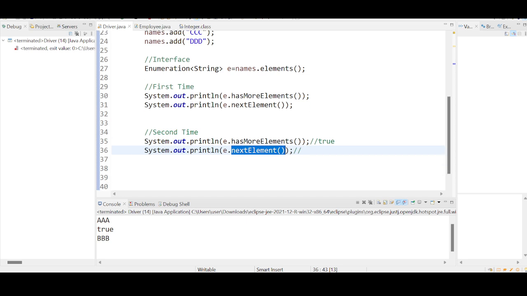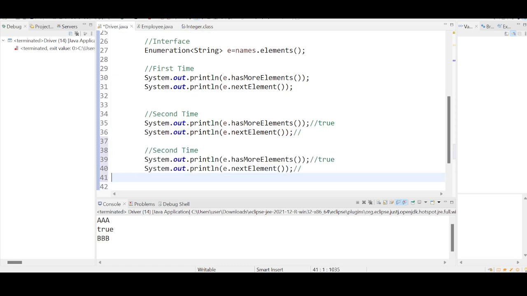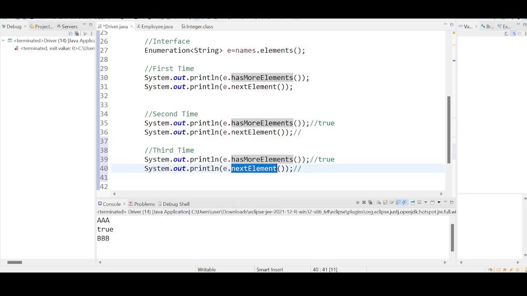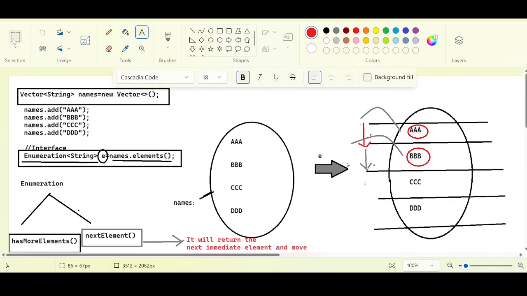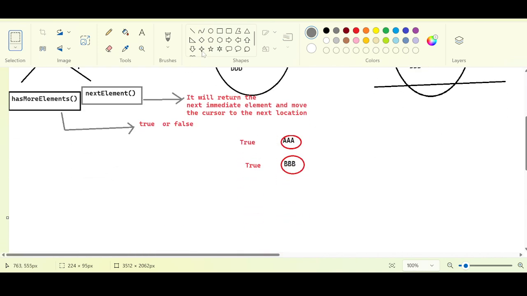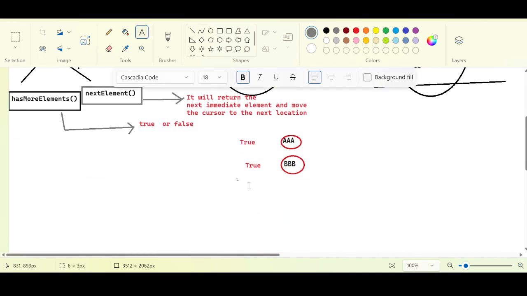Okay. So let me repeat this for the third time. We will repeat this until the last element is getting printed. So this is third time. Third time again we are asking the cursor, hey, is there any more elements? And next element, right? So it is going to find, is there any more elements? Yes, there is one element, which is CCC, right? It is going to return true,